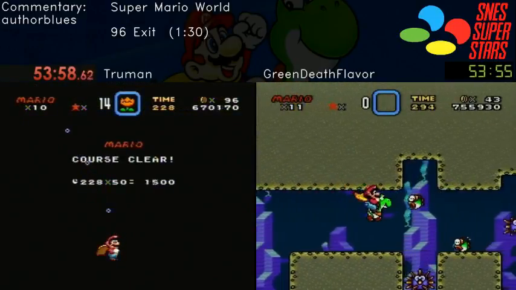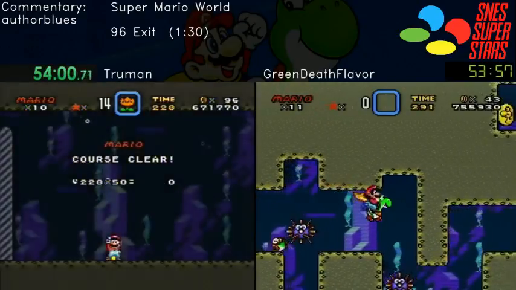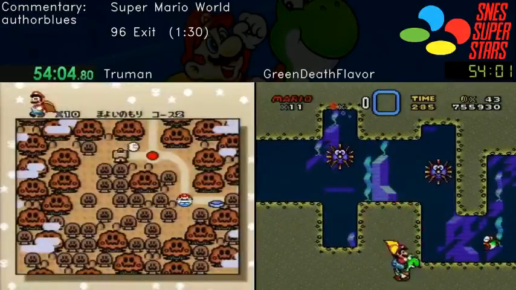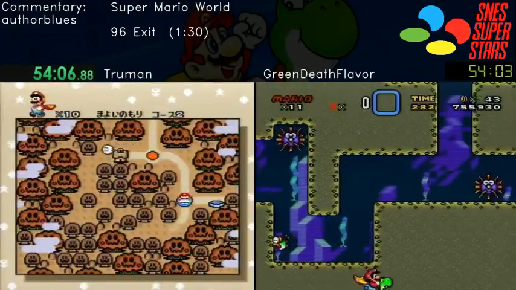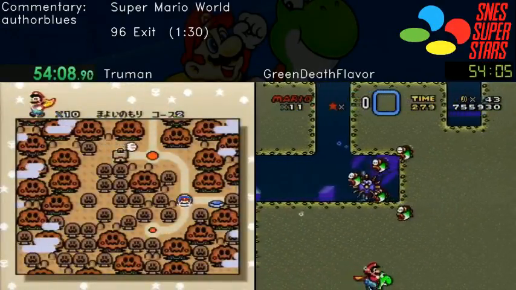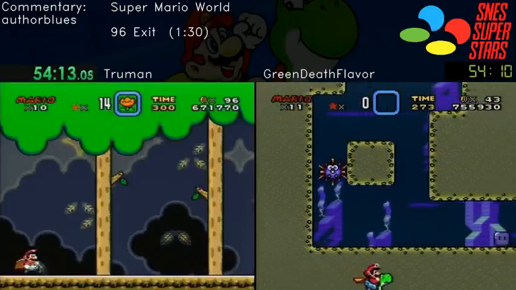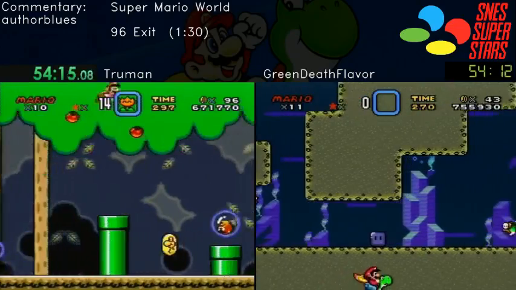Alright, now there's a very important trick coming up right now that I need very serious time for. Green Death just got first try clip on his Forest of Illusion 2, by the way. Got it. That's called the Dirty Bubble. What's important about that is that